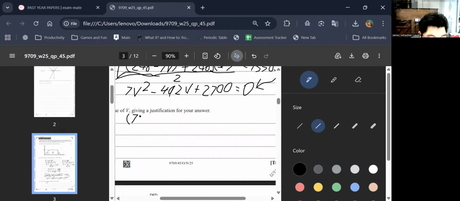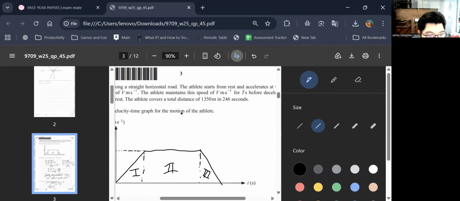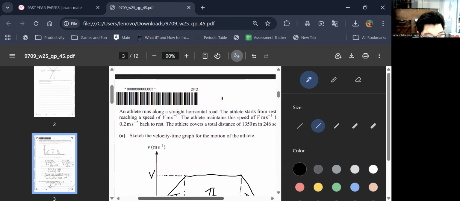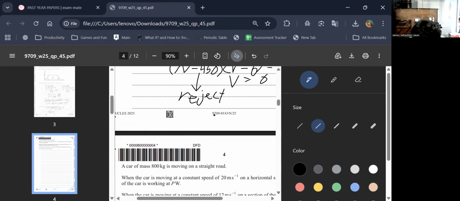So find the value of v. We factorize this. This would yield, to solve the quadratic equation, there are two solutions, but this is rejected. We reject that because if that is your time taken, then